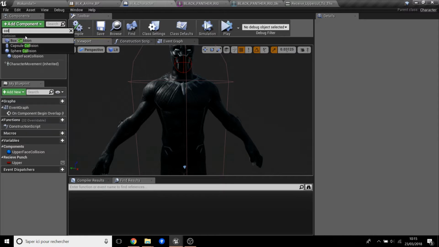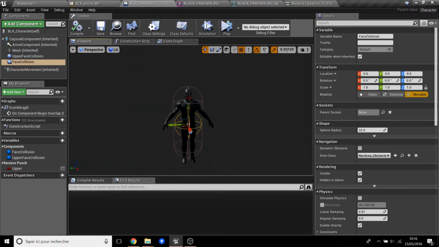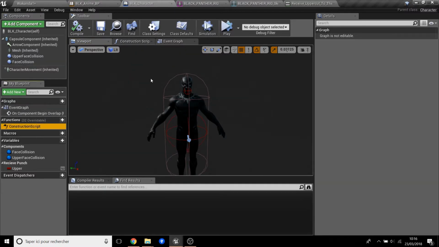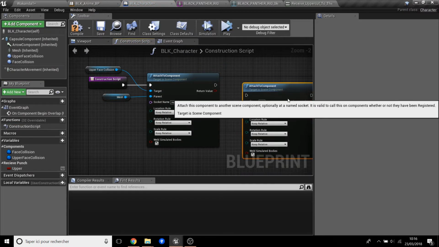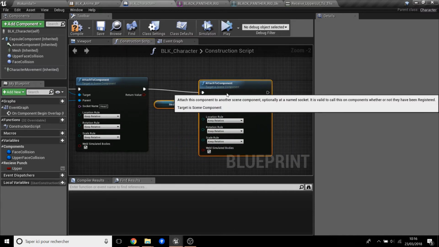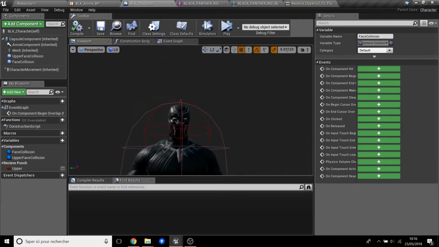Okay, sphere collision, and this one will be a head face collision. Face collision, apply, save, and we have to attach it to the same as this one. And the same as this one, and we take face collision, target, save, and now the collision goes on the